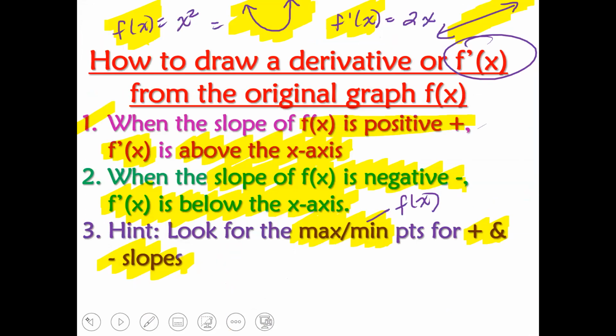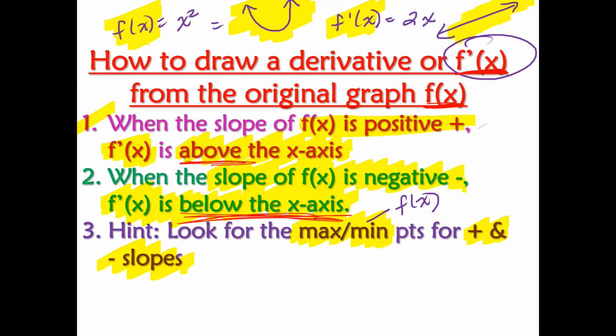Okay, so we're done with that. Now what I want to talk to you guys about is drawing derivatives. So how would you graph f prime of x if I give you f of x without a graphing calculator? There are 2 rules. Number 1 is when the slope of f of x is positive, f prime of x is above the x-axis. When the slope of f of x is negative, f prime of x is below the